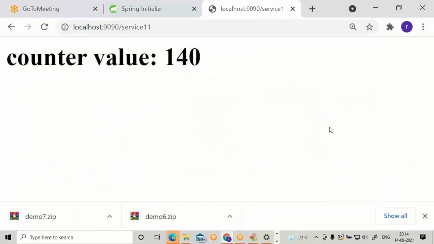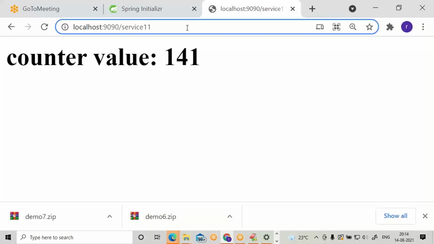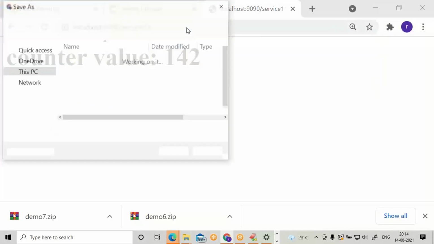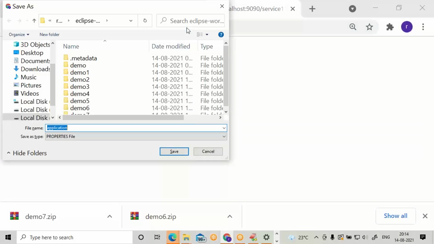Let's go for the 12th one. Guys, everybody, file download is very simple. You can see the dialog box, save or cancel. This is just because of content-disposition. Because of content-disposition, the browser provides a pop-up window to choose the location where the downloading file is saved. Downloading file should save. Otherwise, you can go for cancel.